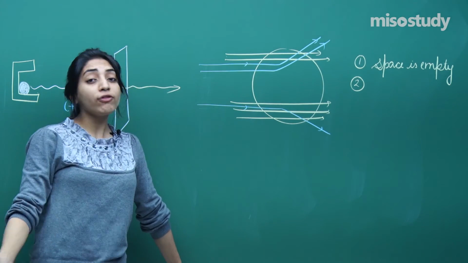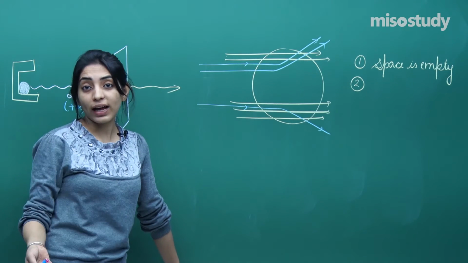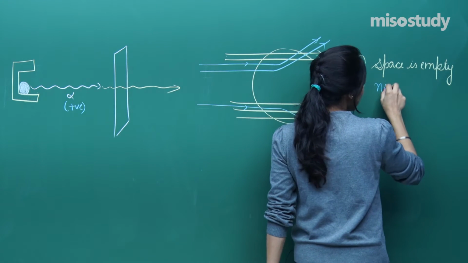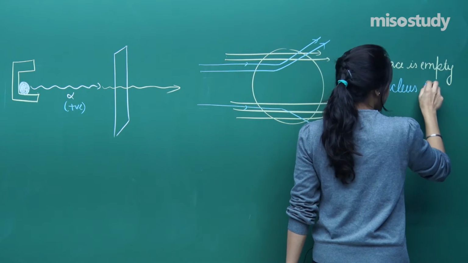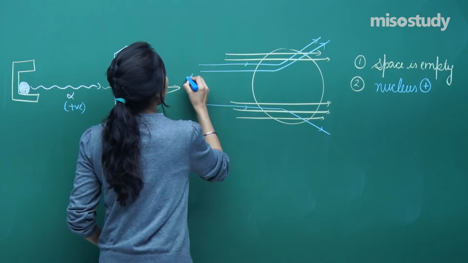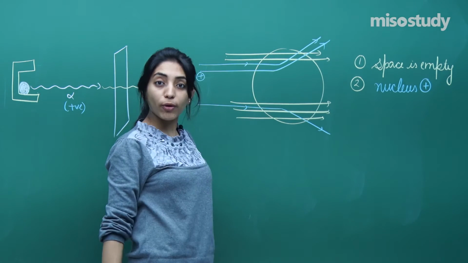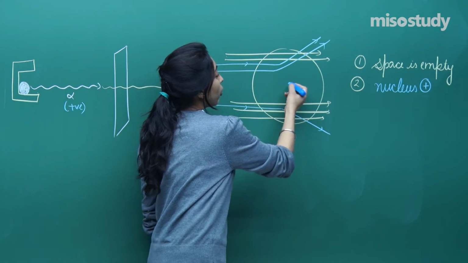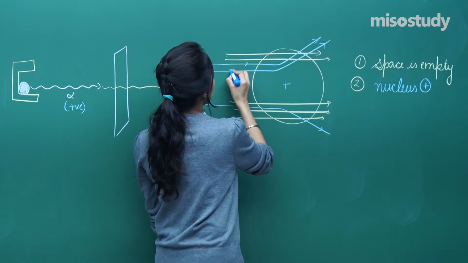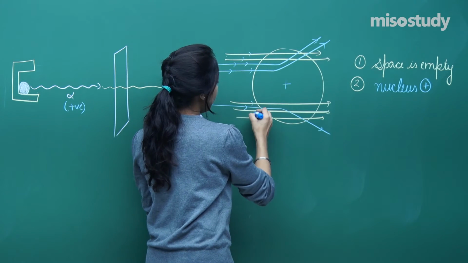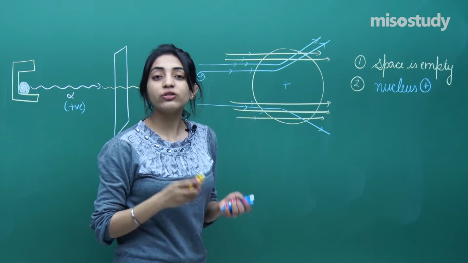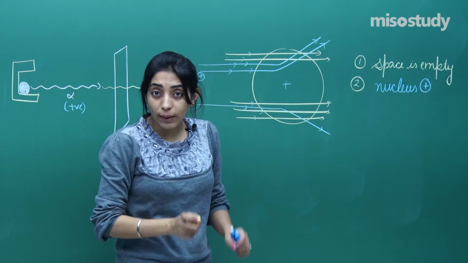Now, why were the alpha particles getting scattered at larger angles? We were saying this is because the nucleus must be positively charged. And since the nucleus is positively charged, the alpha particle which is coming also has a positive charge. So when positive and positive interact, they repel each other, and hence they deflect at larger angles. Okay? But we also had a third observation in our mind.